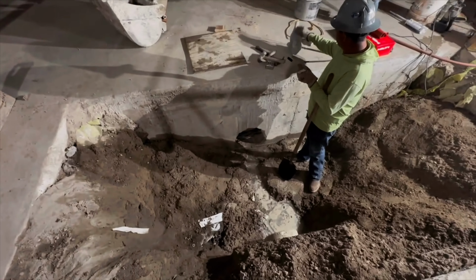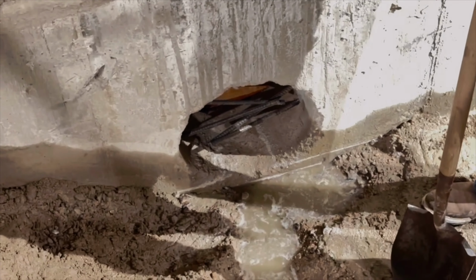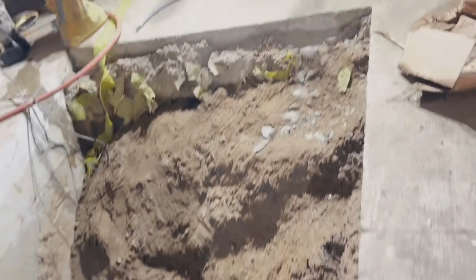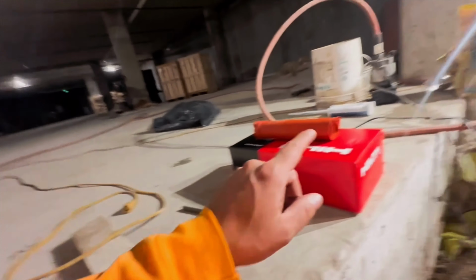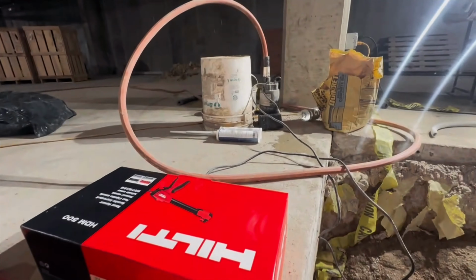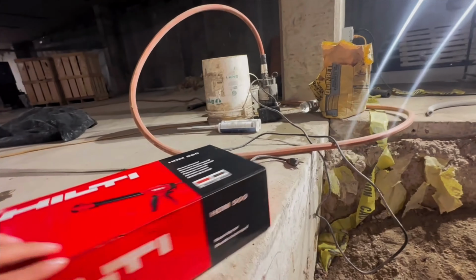Yes, we're back in this miserable hole here. Let's see here. Let me go down there and show you guys what's going on. These holes were already drilled while I was out for the parts. Now we gotta take these out, clean the hole, put the epoxy in. This is what I had to go get, right? See, I had that right there, which is the same type of epoxy, except for, did this guy bring me the